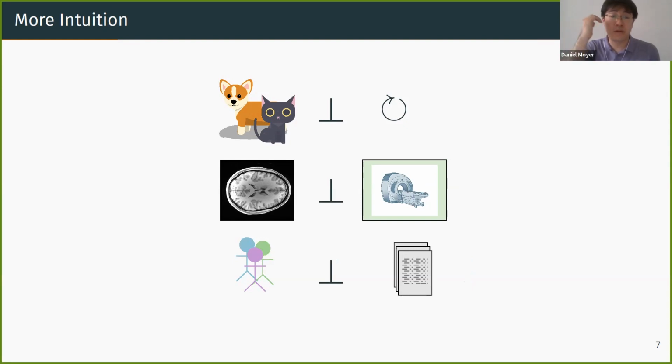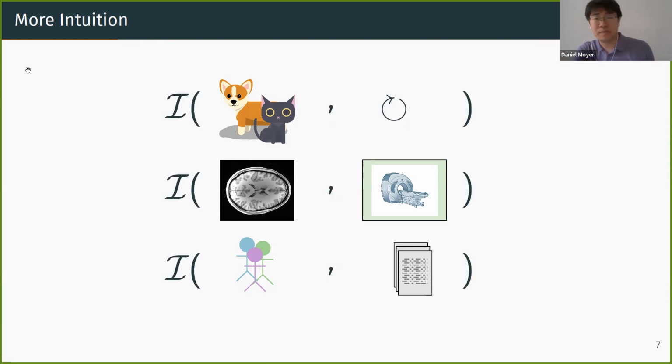One alternative is to find representations that are independent of the thing that we want to remove. But this is a really harsh constraint, right? It's an independence constraint, so it's very fragile. So to relax that, we can move to mutual information. And this is where we're going to stay for the entirety of this deep dive. We're just going to talk about mutual information constraints on representation, and good things and bad things about them.